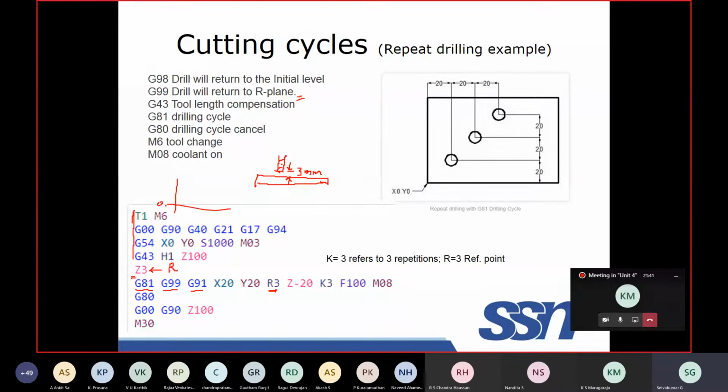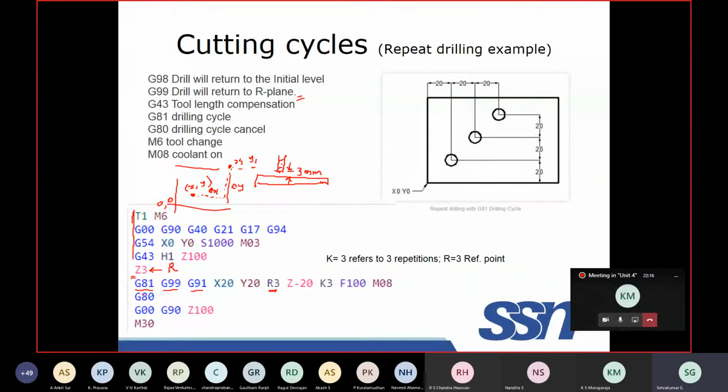For instance, here 0, 0, this is x, y. Another point somewhere here is x1, y1. In this case, x1 and y1 are referred from the same origin. This is absolute. In the case of incremental, this point will be considered as the origin, and from this we ask what the distance is. The x and y values are inputted relative to it. This is the incremental coordinate system.